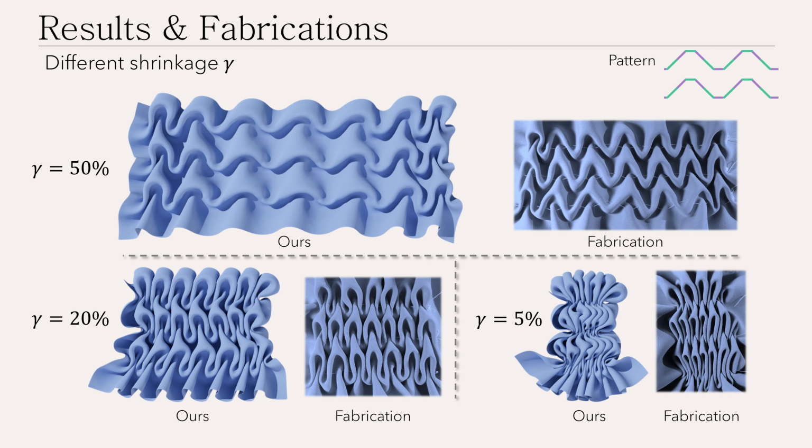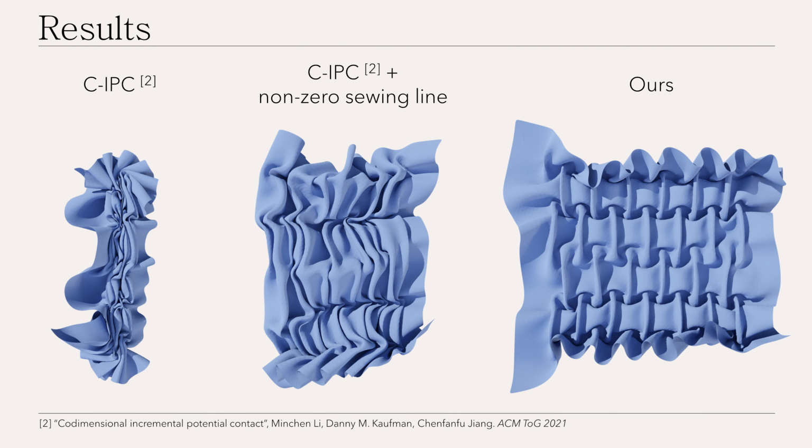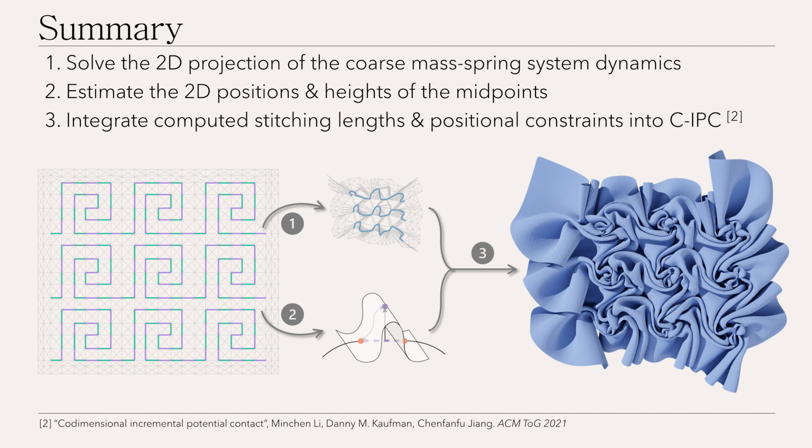We also offer the flexibility to adjust the shrinkage ratio of the fabric in our configuration. Compared to CIPC under different settings, our method produces more regular and realistic pleats. In conclusion, we formalize the Italian smocking design and propose a practical method to preview the smocked design in this work. It achieves faithful results compared with real